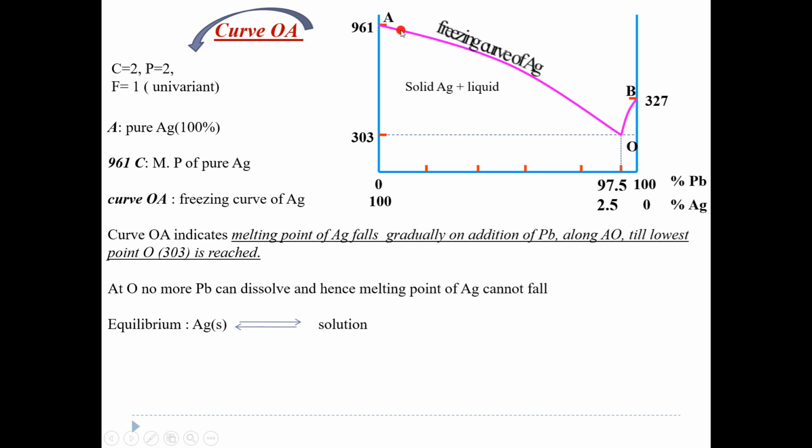So let's consider and find out F for each curve, or say the phase. So we are talking about curve OA. So if you look at this, solid is converting to liquid, because here what is there? There is liquid over here. There is liquid, yes or no? So this can be also called as melting point or curve. Okay, so solid is converted to liquid, and from this liquid whichever solid silver was there, that is converted to solid. Okay, so on this curve there are two things existing.